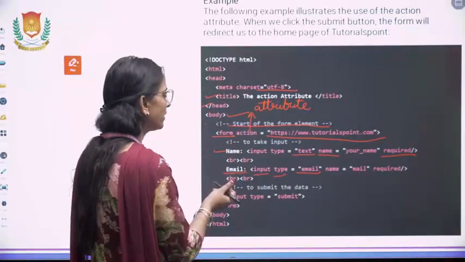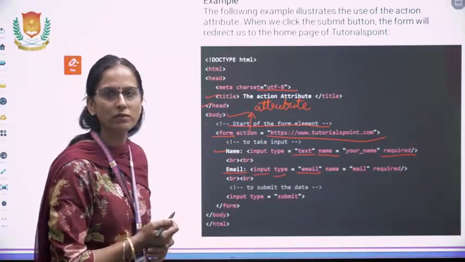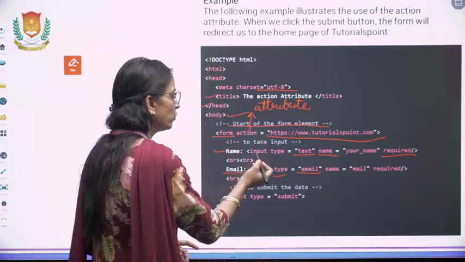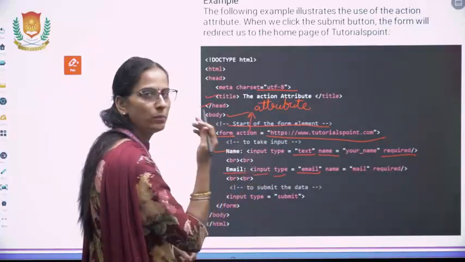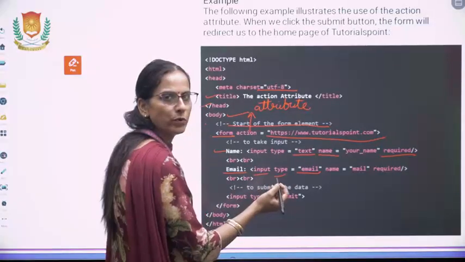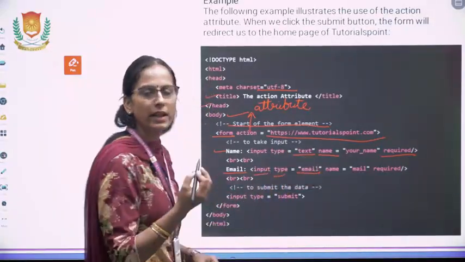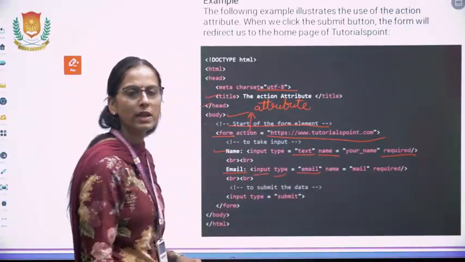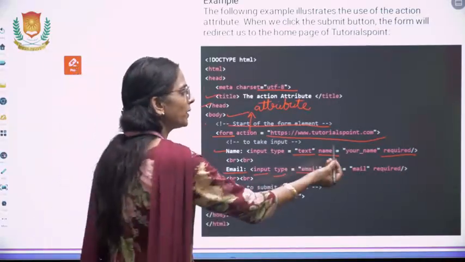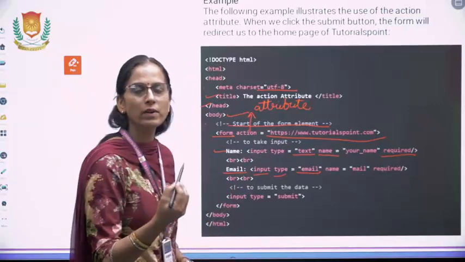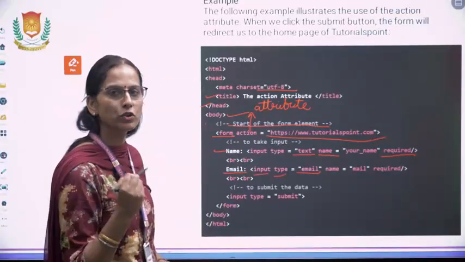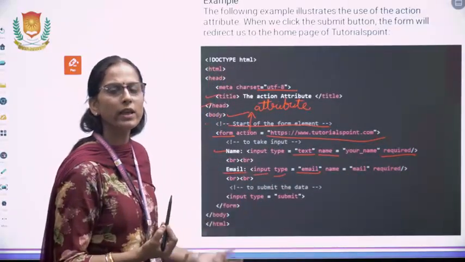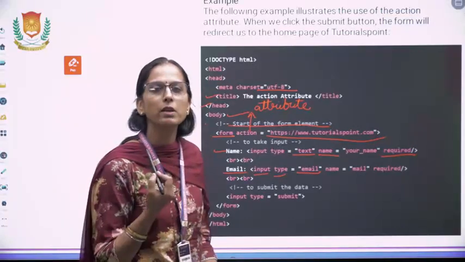Now we come to the name attribute. In the name attribute, we have to specify what kind of controls we are creating. Using the input tag, we will give the input control, and in the type attribute, you have to specify text. Text means the text box we are creating. Now the name attribute is there. With the help of the name attribute, you will specify your name. Your name will be displayed as a title, as a caption on the screen. Required means this particular field is required. Entry in this text box is required, compulsory, mandatory.